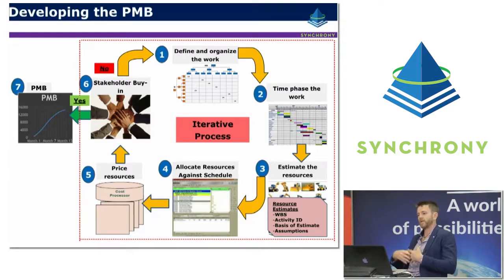So the idea is we define and organise the work as we did. So we're talking about work breakdown structures, organisational breakdown structures, time phasing the work, estimating the resources and applying the resources from the estimate or adjusting those as they need to be done. Allocating the resources against the schedule and having a look at that time phasing, comparing the needs of the project from a resourcing perspective compared to what's available and doing resource levelling if required. Looking at the pricing as well, so pricing those resources and looking at the time phase cost plan. Returning that to your control account managers, your project managers, and basically iterating the schedule.